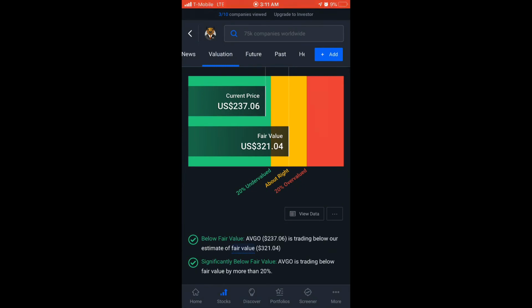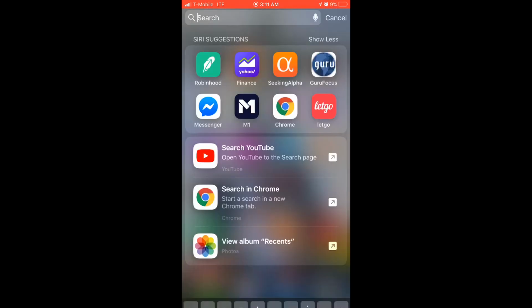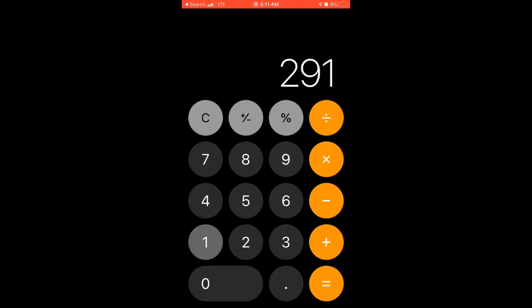But I like to go with the price that Yahoo and Guru Focus were telling, which was 291. I'll go with that value instead, and I'll apply a margin of safety on that value. Let's get the calculator here. So if the price was 291, I want to apply a margin of safety of 30%. So I want to get this stock at 70%. Then I want to get the stock at $203 a share, below $203.